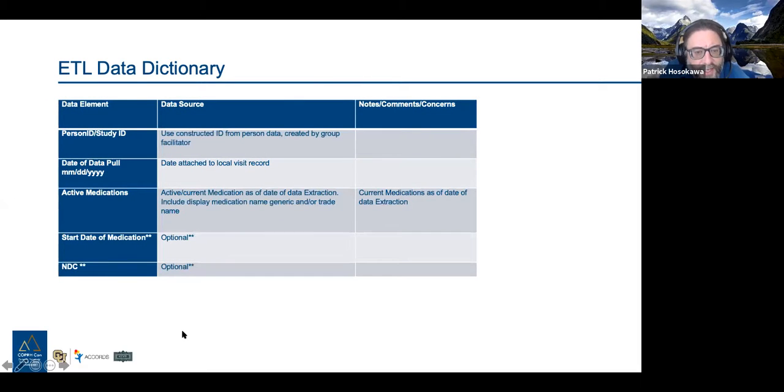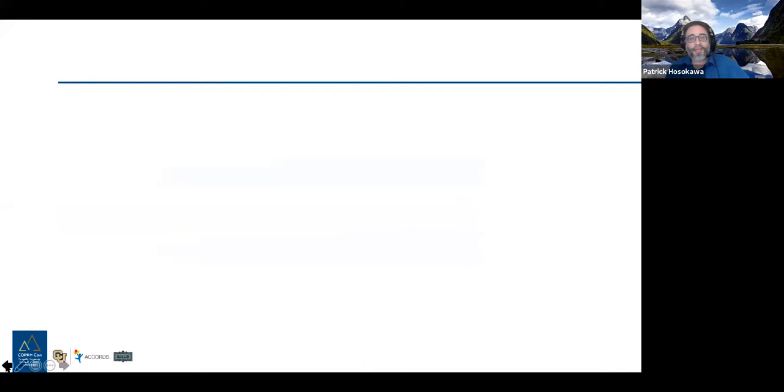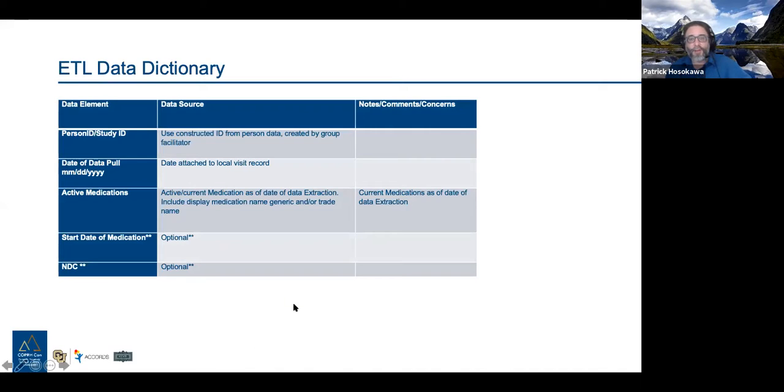So again, this is a medication. Now, this is one example where people can get messed up on the nature of a field. For instance, date of data pull. What this means is it wants to know the actual date you got the data, not the date the medicine was prescribed, not the date it was collected, not the last date that prescription was checked, but rather the date you pulled it, so that we can say everything in this table is current as of this date.